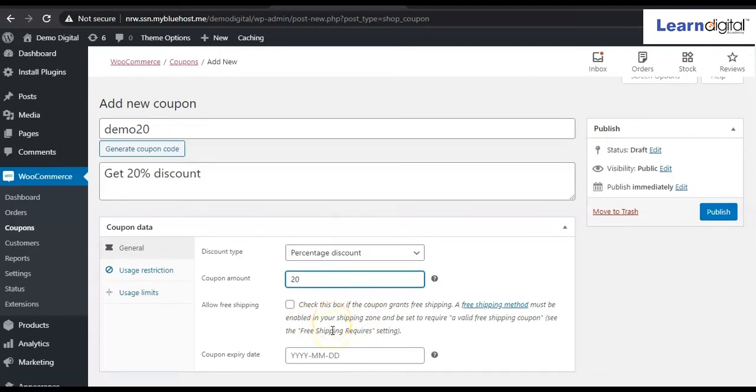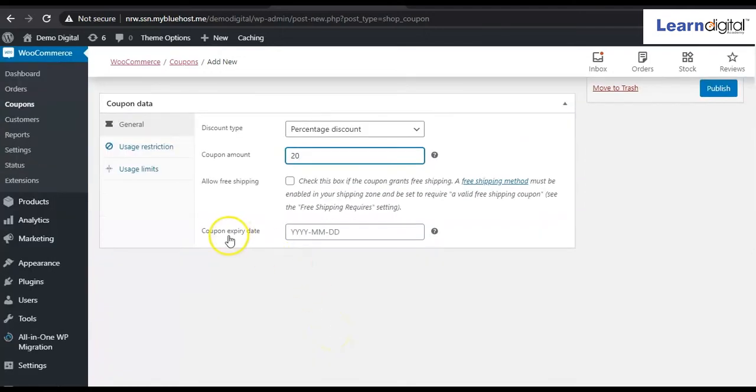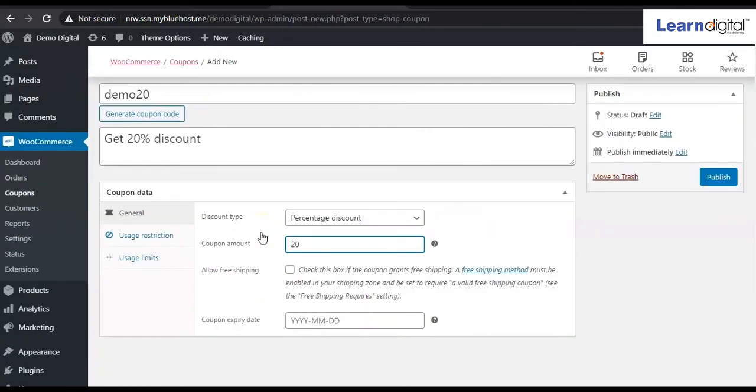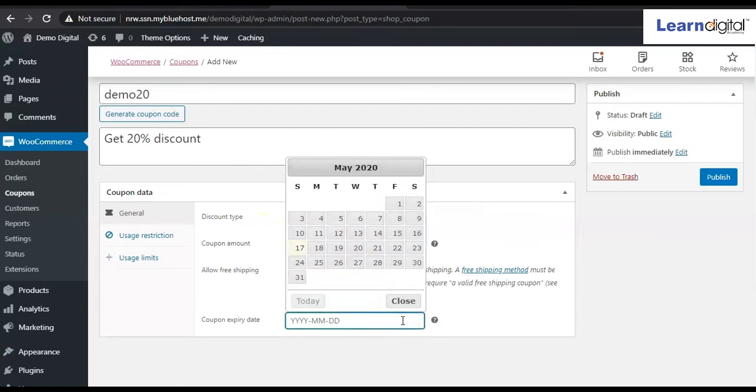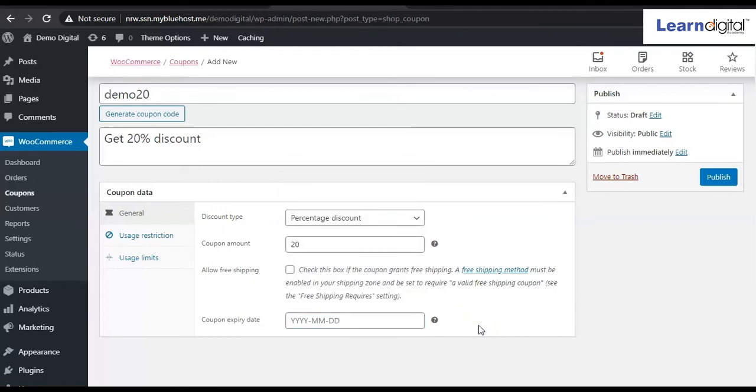According to you, you can add it. And here is the coupon code expiry date. You can schedule when you want that coupon to expire. It is up to you. You can select the particular date after which this coupon code won't be working, right?